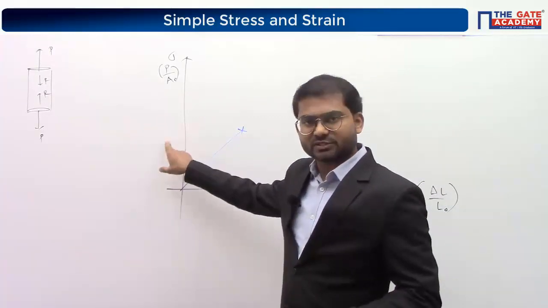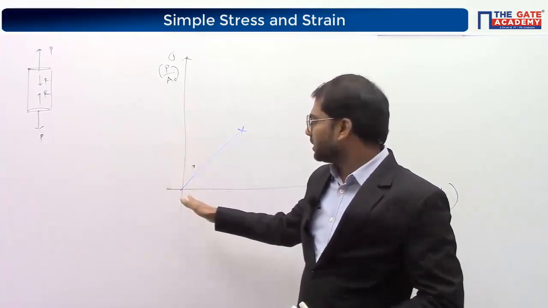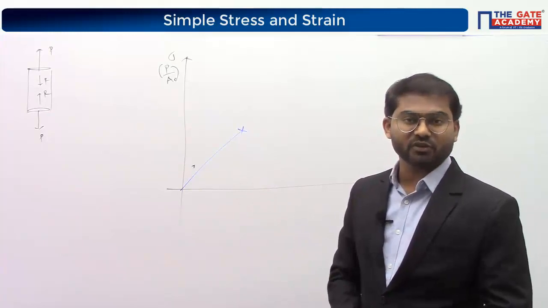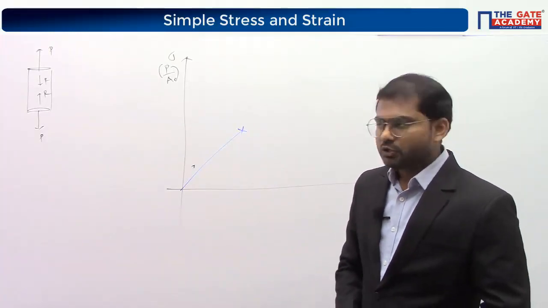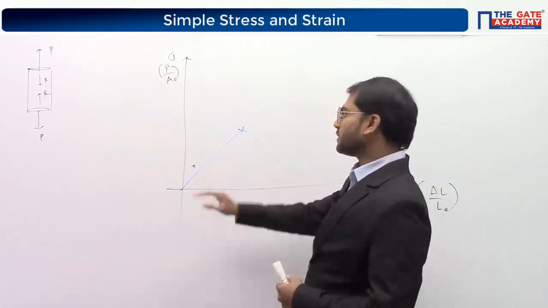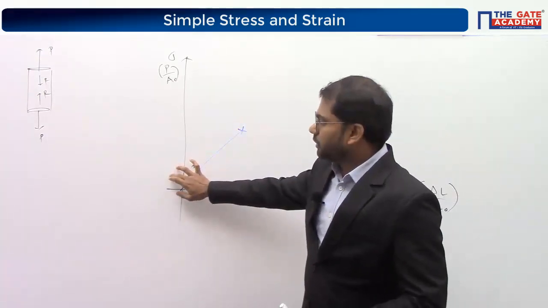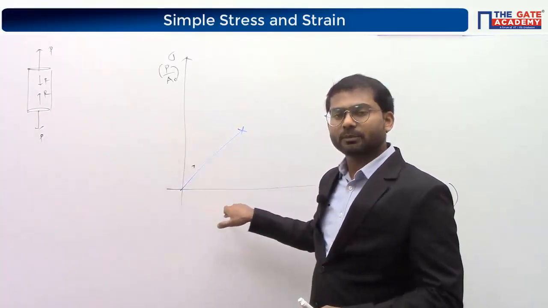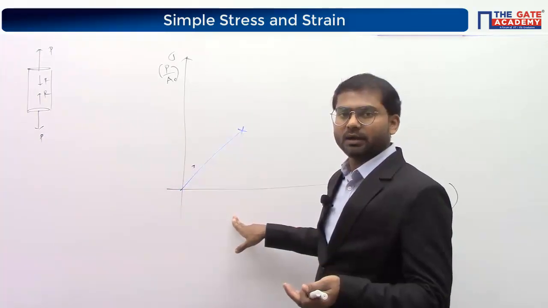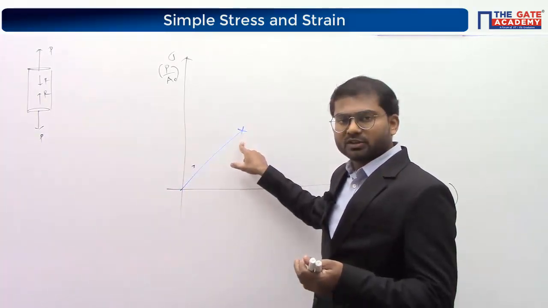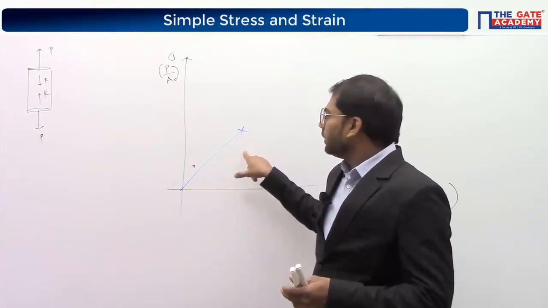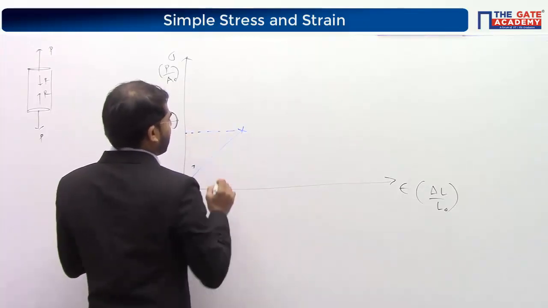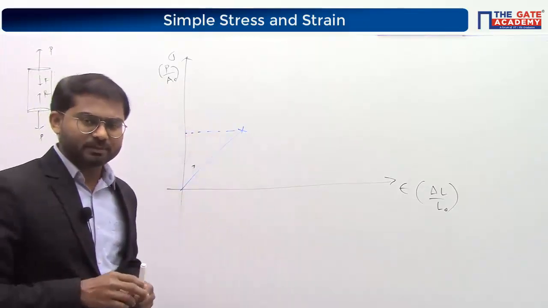If you triple the value of load, you will be giving rise to tripling of the strain value here. Understood? So this is how the material is behaving up to some point. If stress is doubled, strain is doubled. If stress is tripled, strain is also tripled, which means we are talking about linear behavior, up to some point. We call this limit the proportionality limit, as shown in the diagram. So point A is the proportionality limit.